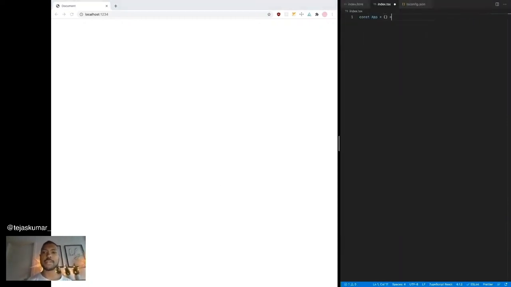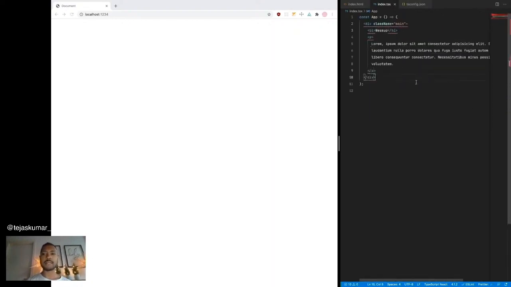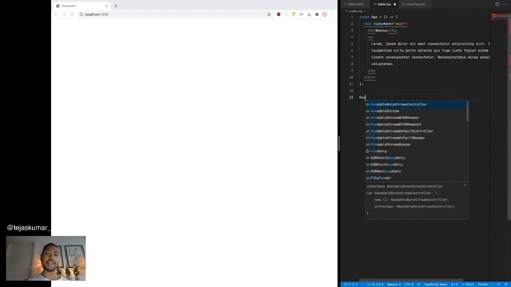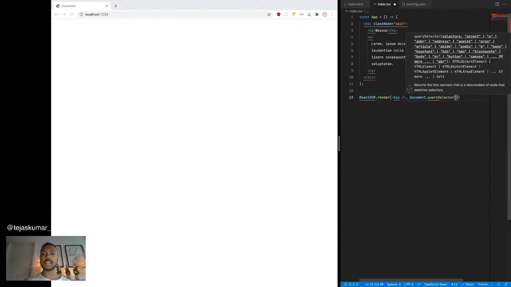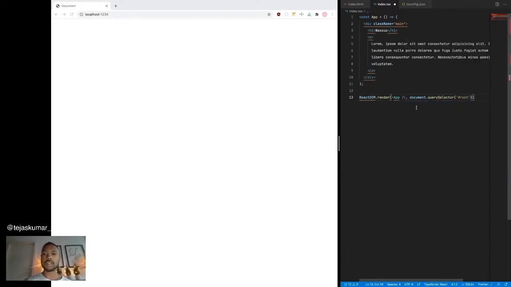So const app equals a div with className. This is very typical React, right? And we'll do an h1, "What's up?" And we'll do some lorem ipsum. Yeah, I like it a lot. Looks good. And then we'll add another. It's fine, I want to over-engineer. And then we'll say render, right? This comes from ReactDOM. In fact, ReactDOM.render app into my root node, document.querySelector root. Okay, what could possibly go wrong?